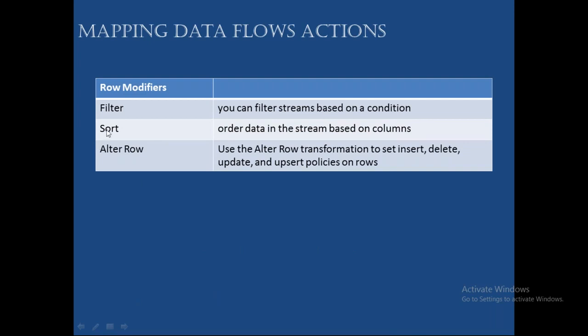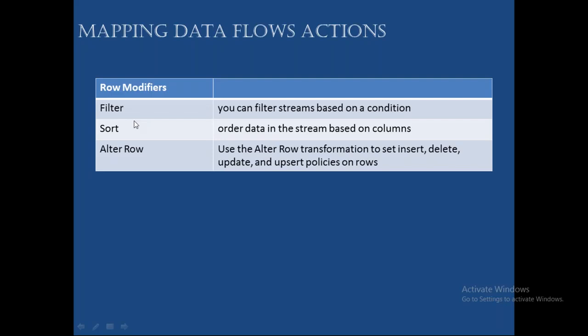So row modifier means, let's say when you apply a filter, all the data you may not get in your output. You are filtering out. Sort means you will have all the data, but the data will be changed. Maybe the data will be in ascending or descending order based on the configuration that you are setting in the